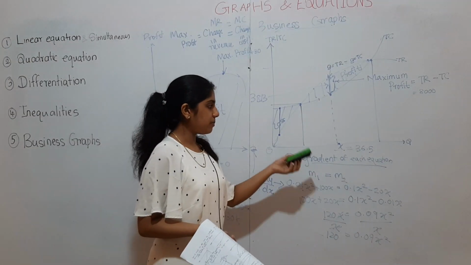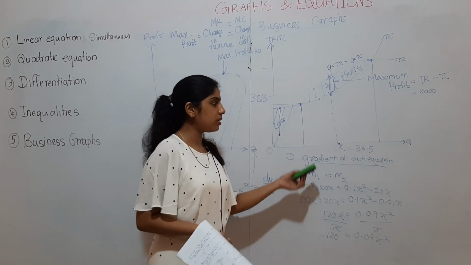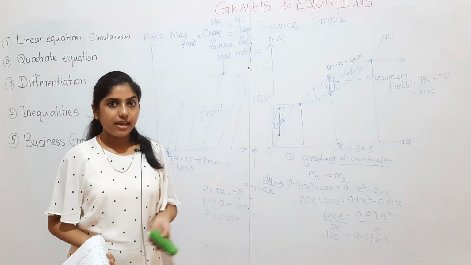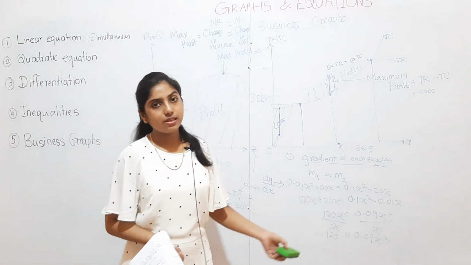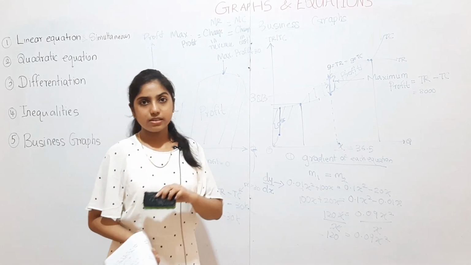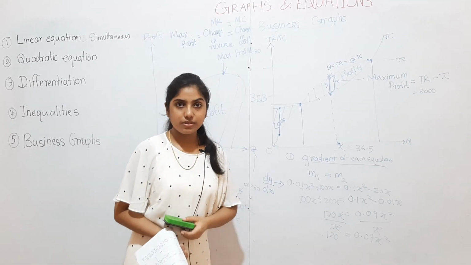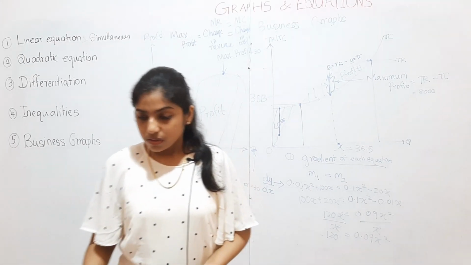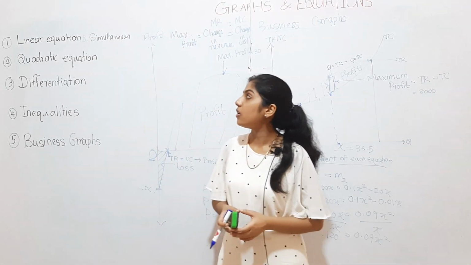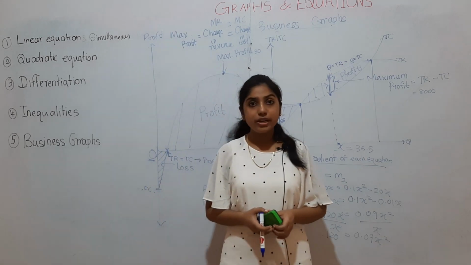So you should therefore first know that whenever you want to find the maximum profit, you must equal the gradient of both the curve, both equations of the curve, and then get your x value and substitute it to the original equations of the curve to find their respective values, and that difference will give the maximum profit. So with that we finish this chapter on graphs and equations.